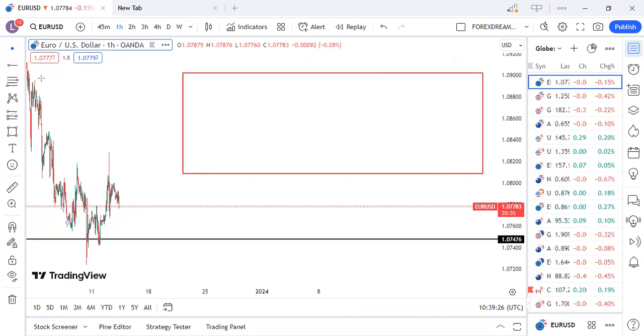Remember, on top, we're going to have a resistance. Below, we're going to have a support. Now you have your resistance, you have the support. How many touches do you have on the support? Already have two. It's this one and this one. It will go up. Above, how many touches do you have? This one and this one, 2 touches already. Now the market will come down.